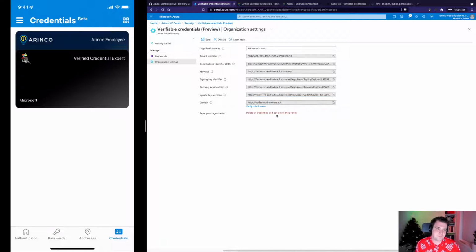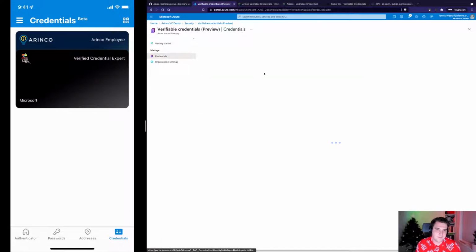Now, you'll notice here there's some other information. There's a decentralized identifier, which is really long and looks super gnarly. And there's also my tenant ID, which we don't care about. But on the left here, we've got a credentials button. And you can see when I load that up, I have two credentials set up, right? We'll go through what they look like and how to use them in the future. But that's effectively what you get once you set it up.